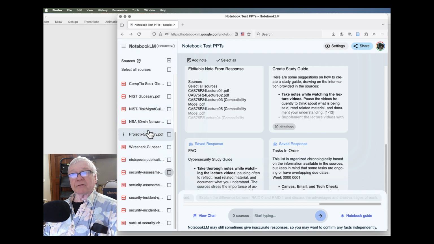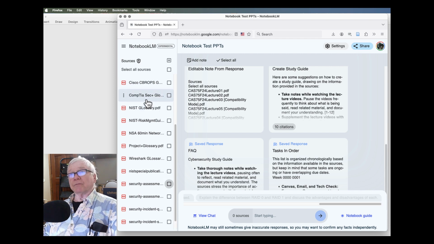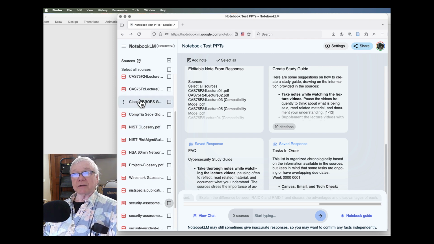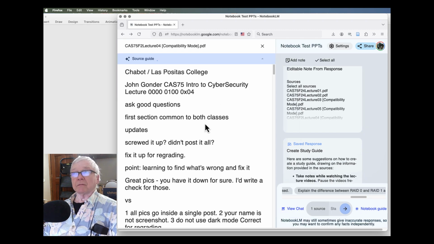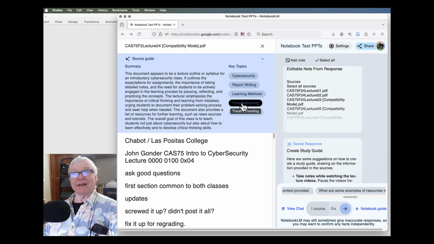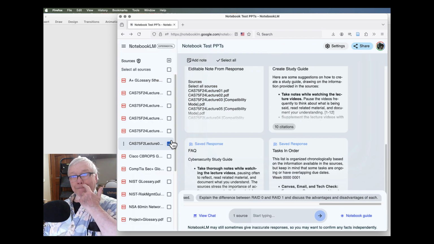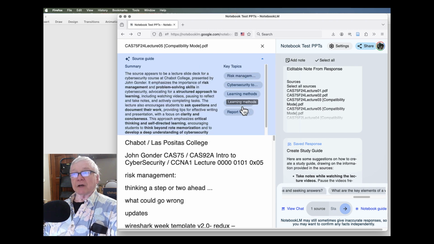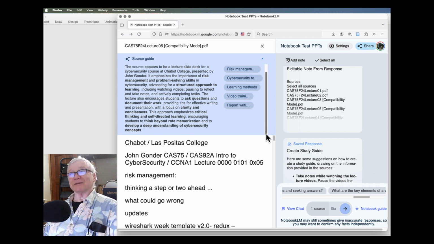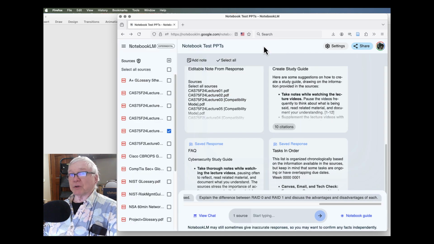If I've got, let's say, for instance, here's the NIST, CompTIA Security Plus Glossary. Or this, here's the CyberOps glossary. Here's a lecture. What was that all about? What were the main topics in that particular lecture? What about this lecture here? What were the primary topics in this? And what was the summary of what was said in that long lecture? This is pretty cool, and of course free.